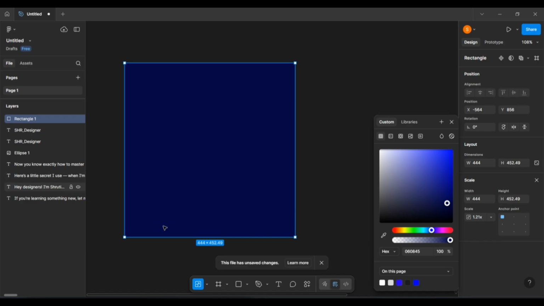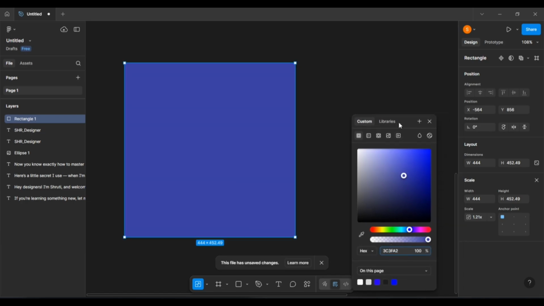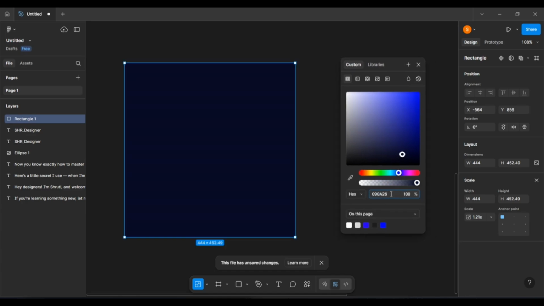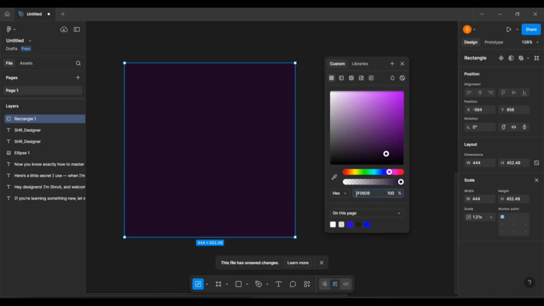Now moving down, over here we use the hex color code. Whatever we are going to design, we will use the hex color code, and the second one is the RGB color. So first we will see hex. After that, you might see some numbers here, letters and numbers are visible. Then, are you noticing this changes? On changing the color, this is changing. So this is basically the color code.